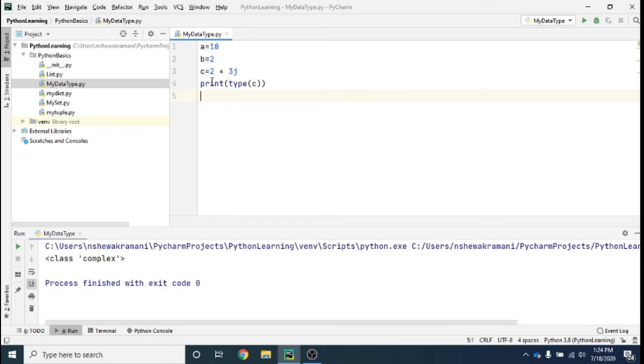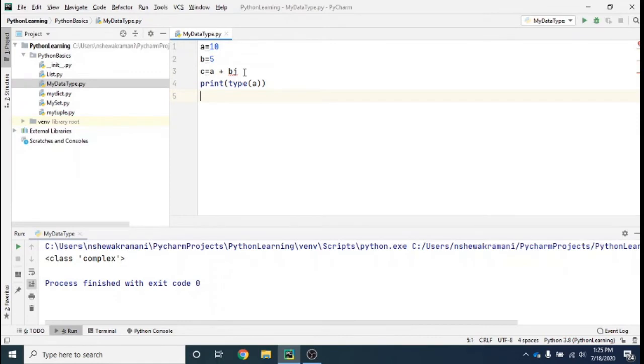Okay, you can see that c has become a complex number. So this is the way you can do that. Basically, the issue we were getting was because of how we defined j. Let me show you. Before, we were doing something like this: b equal to, let's say, 5, and then c equal to a plus bj. Here, it was not considering bj as an imaginary number.